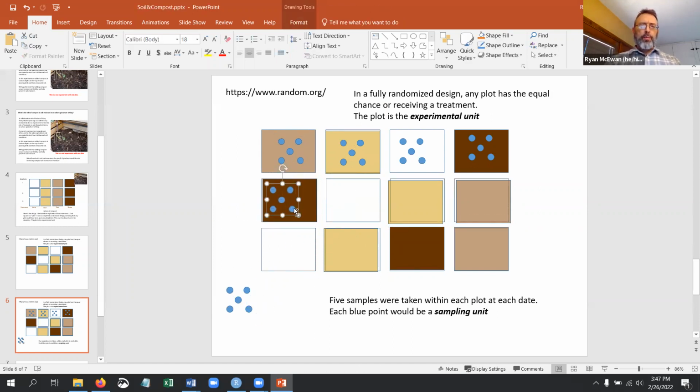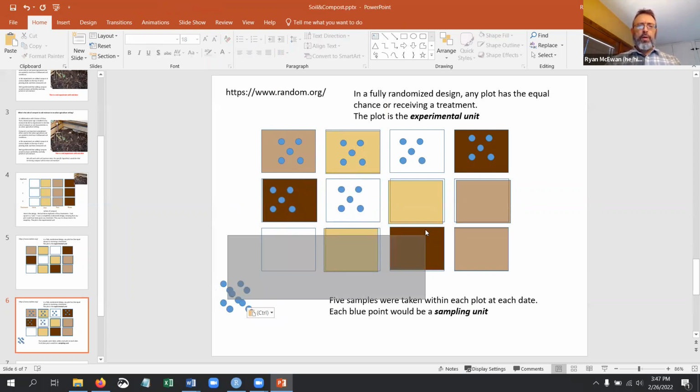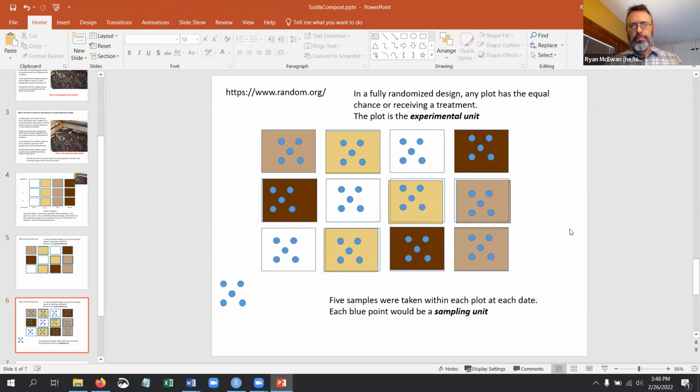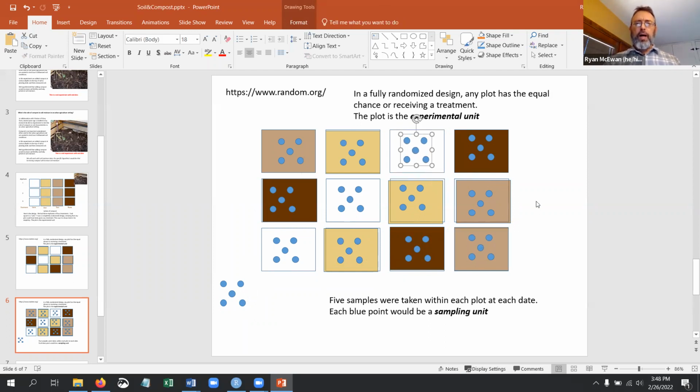And then we would take the samples, 5 samples like that from every plot. And then those samples would be the sampling unit. And then we'll take the average of those samples, and that will be how we sample each of the replicates, right? The box is the experimental unit, that is to say the plot, and this is how we would sample it: 1, 2, 3, 4, 5, and then we take the average of whatever variable we're measuring in that, and then that would stand for